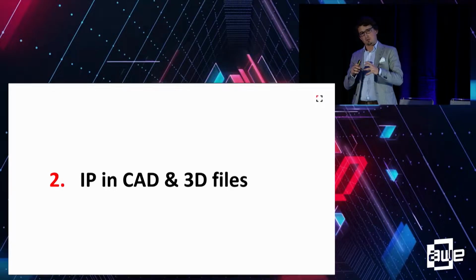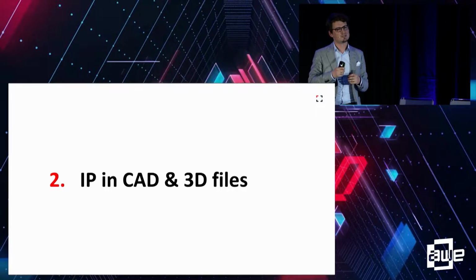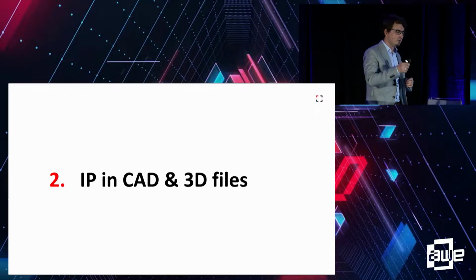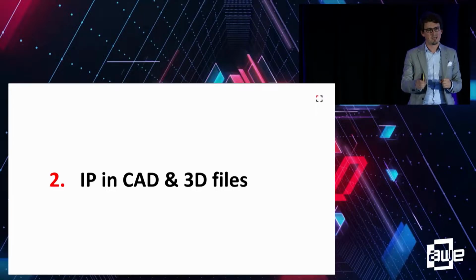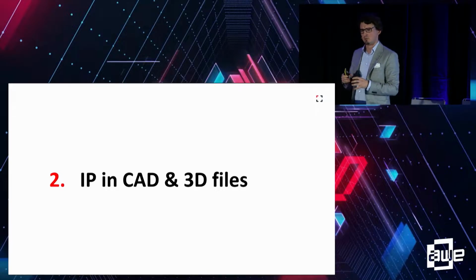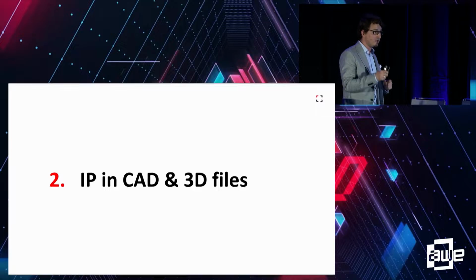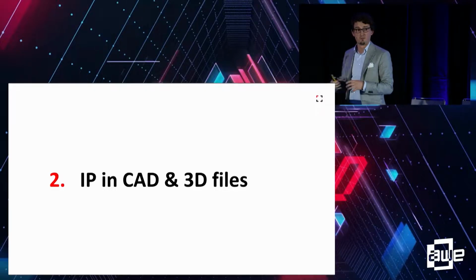The problem is that when you ship those applications, depending on who is the end user of that application, you need to be very conscious of what you're actually shipping to them with the files that are contained in the application. And if we're starting to build this application based on 3D product files, based on CAD files, then we're actually shipping, in the worst case, all our IP to an unknown third party, for example, if it's a